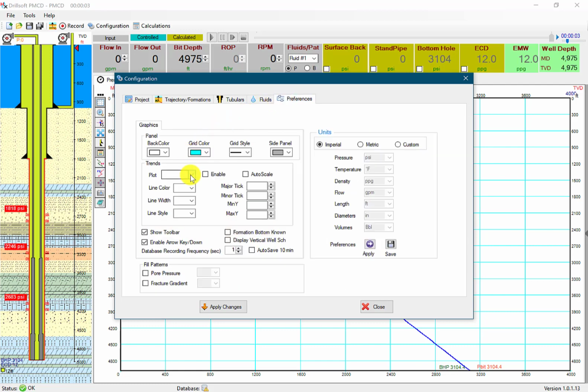We can decide what trends we would like to keep track of. For now, we're keeping track of surface back pressure, standpipe pressure, ECD, and equivalent mud weight. These are the default trends that are pre-configured. You can also track flow reversed, the amount of the rate we're bullheading at,